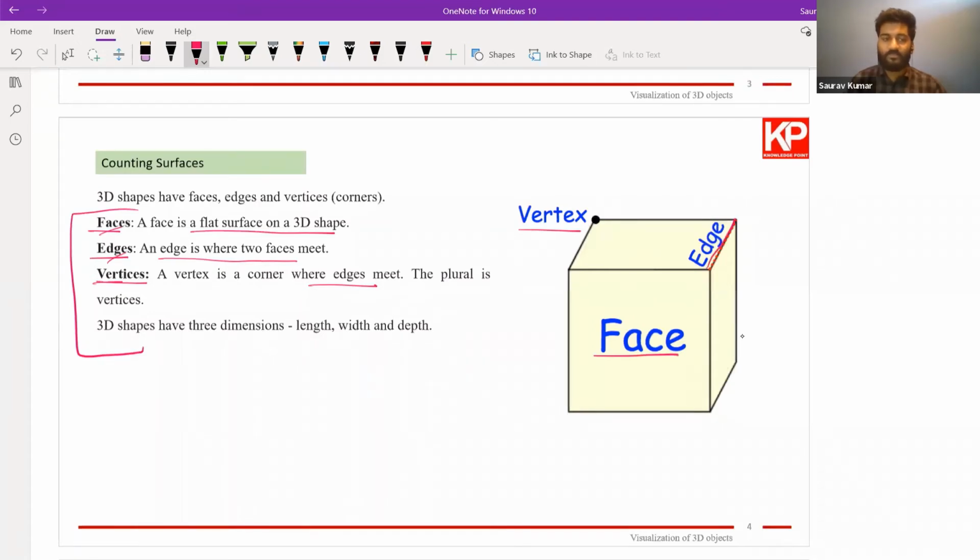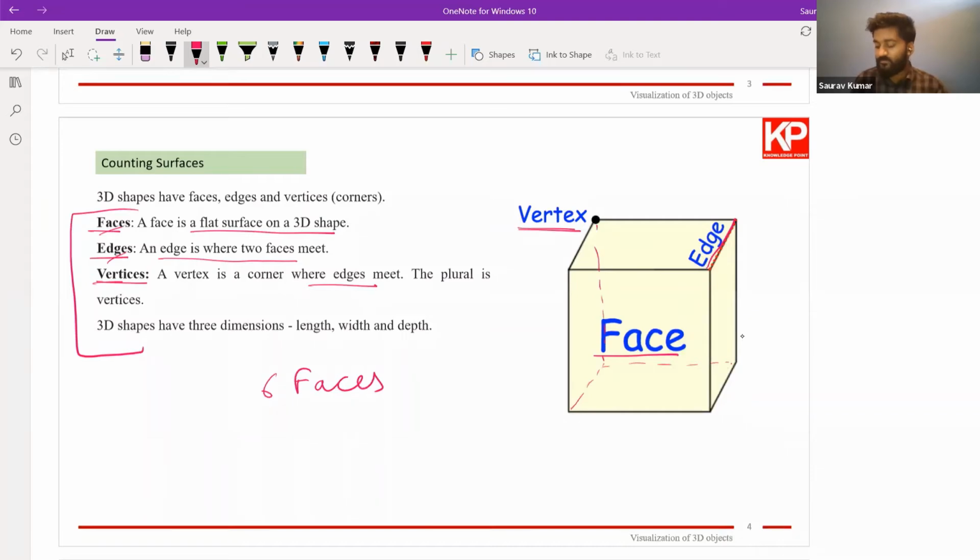How many faces are there in this cube? The faces are... 6. Okay. Just for your better understanding, we can draw it like this. So yes, we have 6 faces,